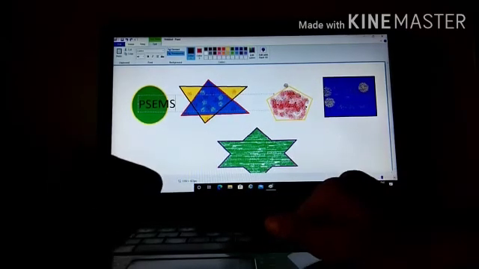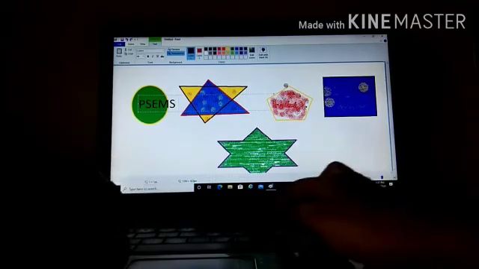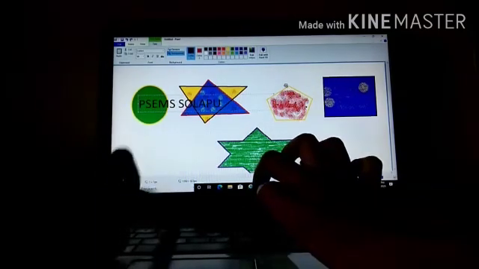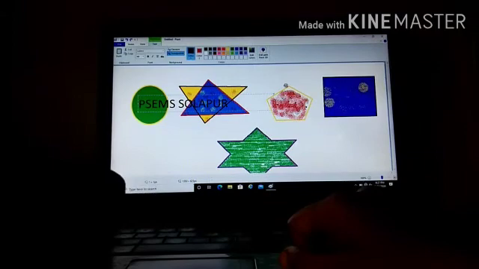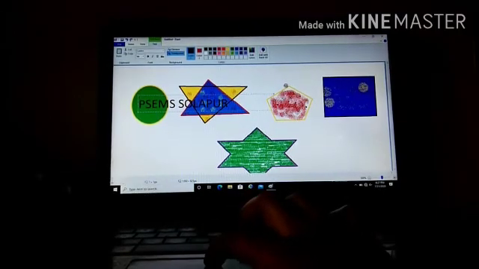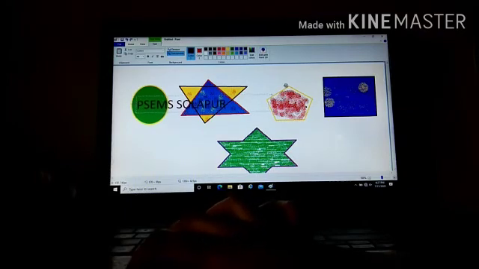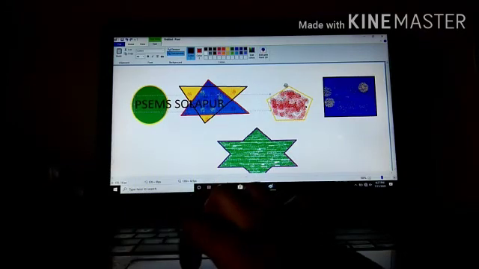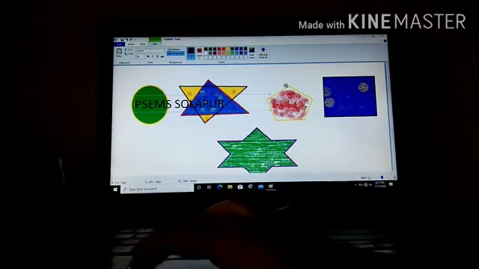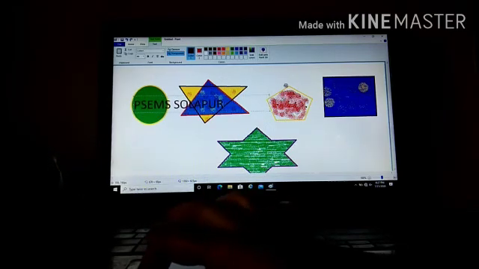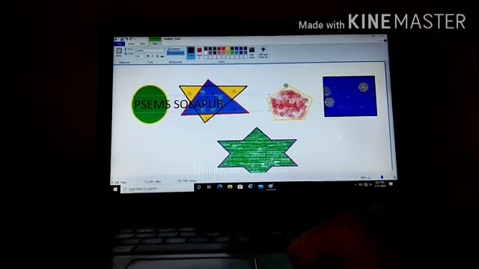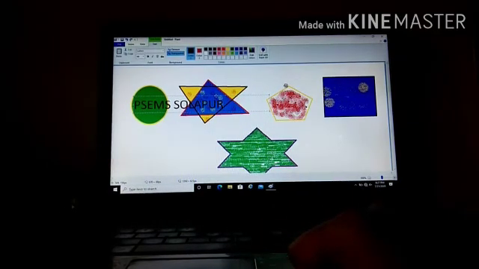PSEMS. So you can type in your shape. You can even move this. How to do that? When your mouse pointer turns to this shape, you can move it up and down using your mouse left button by pressing it longer.